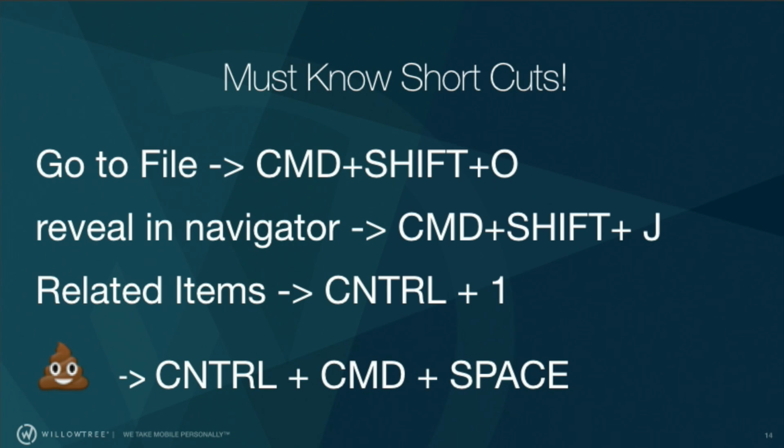And my favorite one, it might not be the most useful one, but I use it all the time, is the hotkey on your Mac for emojis. This is useful in Xcode, so it's pertinent, but you can use it anywhere, not just in Xcode, and it's Control-Command-Space. So another takeaway that if you don't listen to anything else, this will just improve your life tenfold, because it's awesome. Anywhere you're typing on your Mac, you can just say Control-Command-Space, and the emoji menu will pop up, and then you can use your emojis right there. Because that's what we all need in our life, more poop emojis.